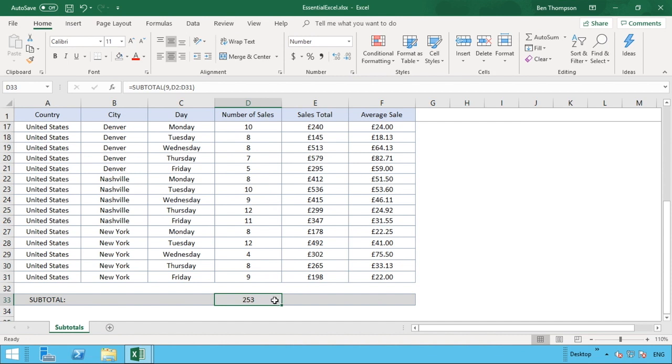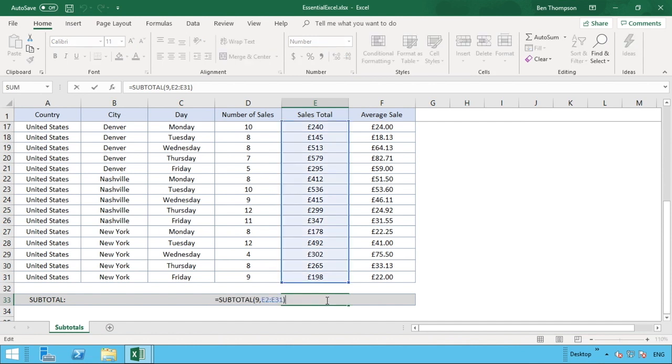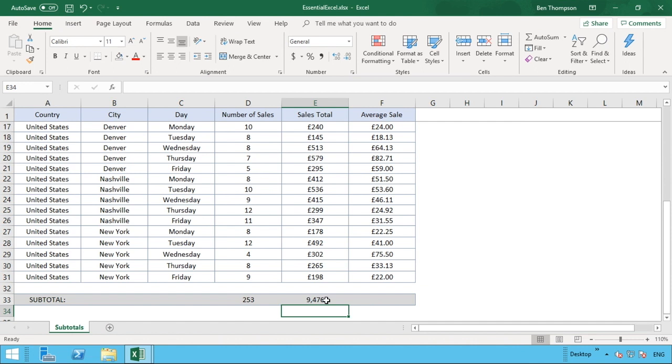So to do that, you can either right click, copy and then paste in column, or in the same row, so row 33 but in column E, or you could just literally click and drag this little button here, and then that will update for you. So you can see that's now focused on the column of E, and that's giving us a subtotal for all